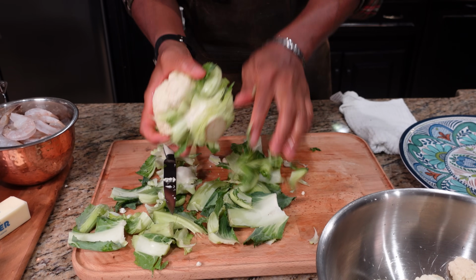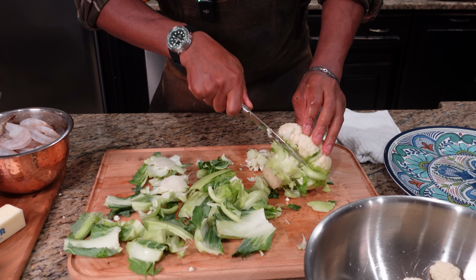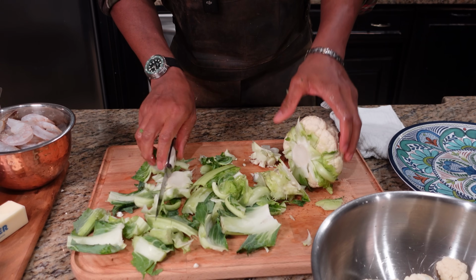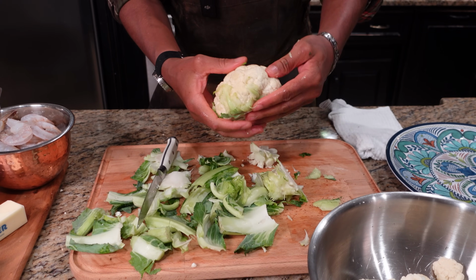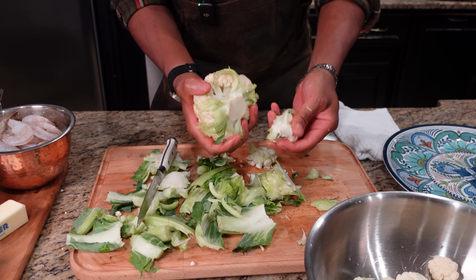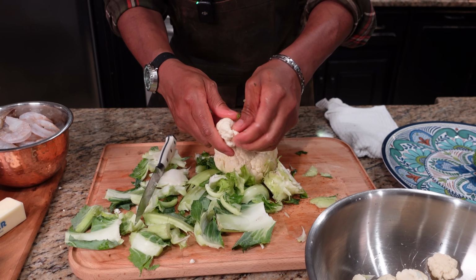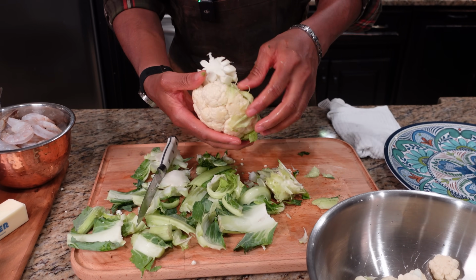And get these off. You can just take your knife and just cut straight down and take the stem off like that. And then here's your outer bulb. So just take them and pop them out. Just pop them down. See, they're going to have little leaves on them, but once you pop them out and throw each one in,